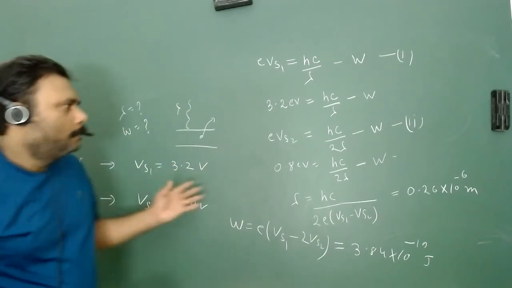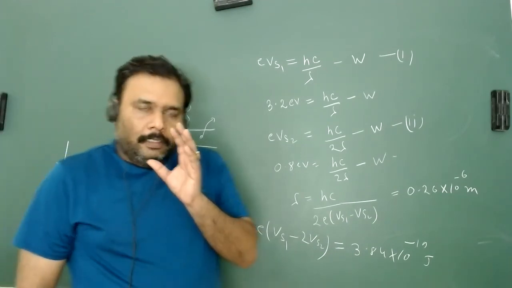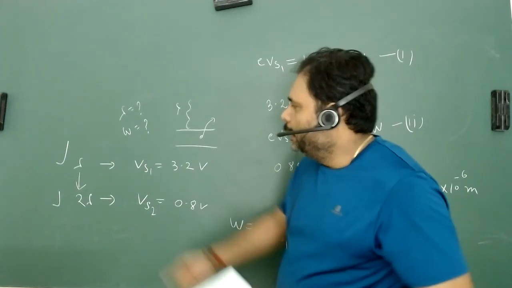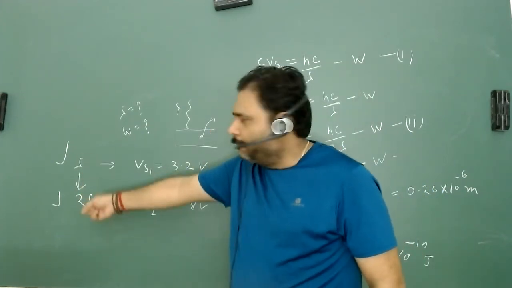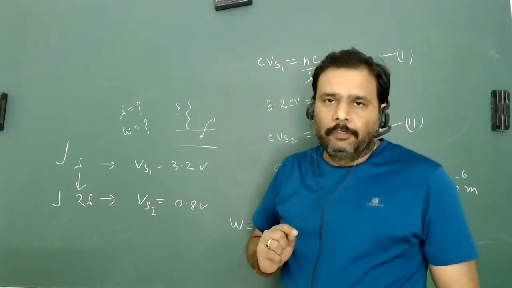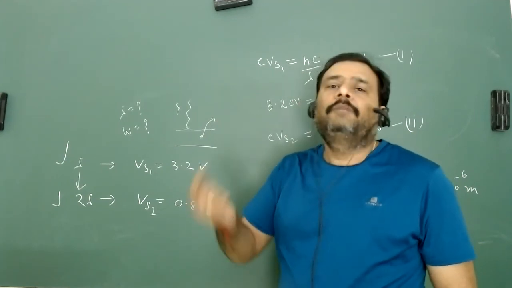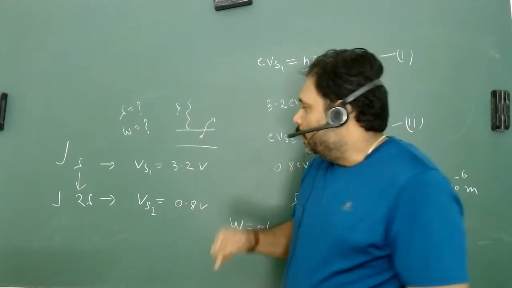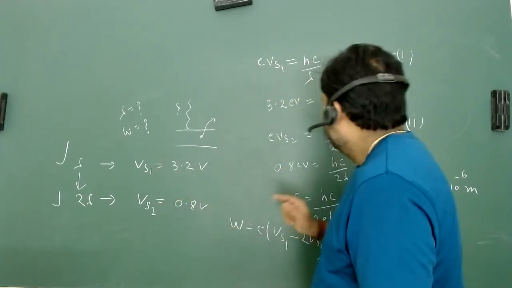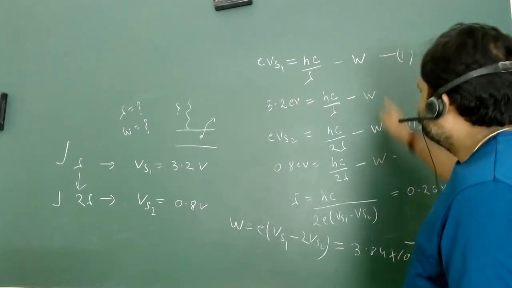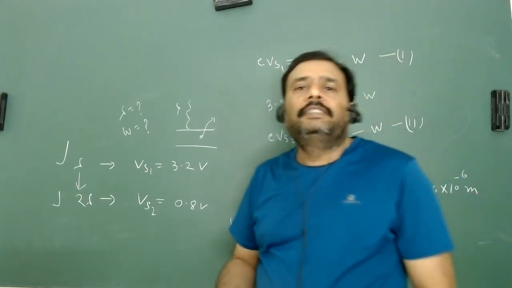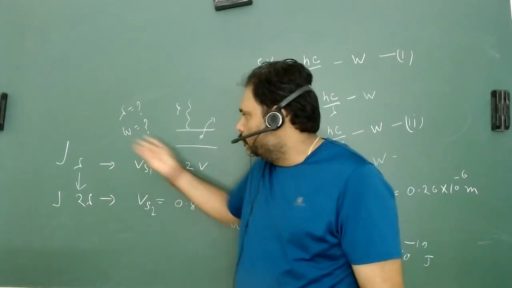So this is a wonderful problem, very simple one, but this problem is important. Why? Because we have to understand that if lambda changes to 2 lambda, the maximum kinetic energy is also going to change. Lambda increases, maximum kinetic energy decreases, and so the stopping potential also changes. The stopping potential is decreasing, and we also have to keep in mind that the work function in every case will remain the same, because it is an internal property of this particular metal plate.